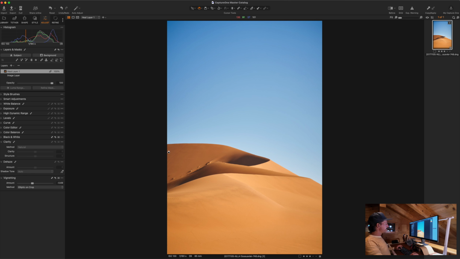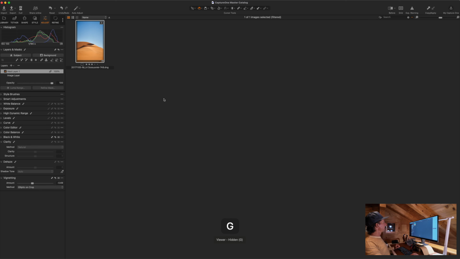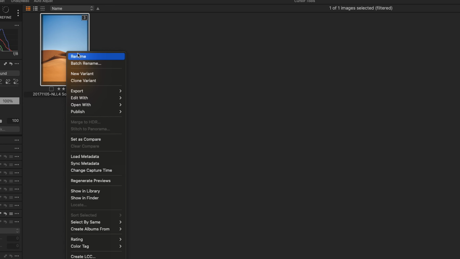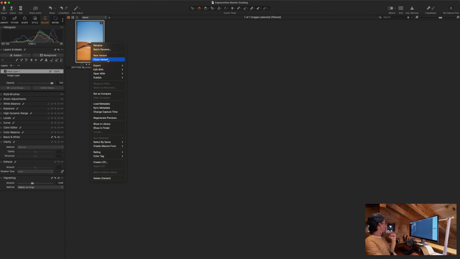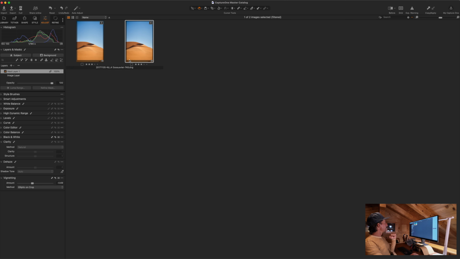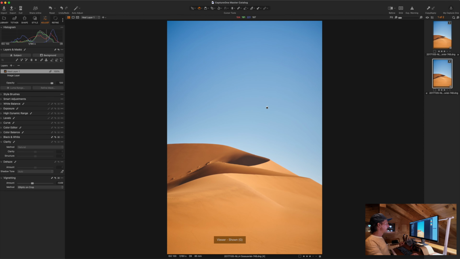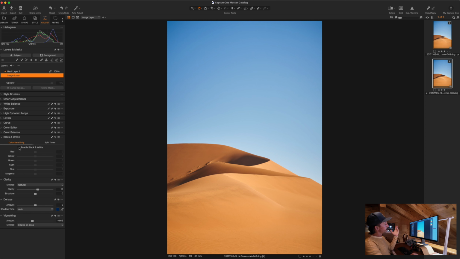Okay, so then like I mentioned originally, I actually want to get to my black and white edit here. So I'm going to press G to go back, and then I'm going to create a new variant. No, sorry, I'm going to clone the variant so that it keeps the edits, because that's where I want to continue from. So I'm going to clone the variant, then I'm going to double click on it or press G, and now I am going down to the base layer, in Capture One. So again, like in Lightroom, two ways. You can choose to convert it to black and white via the black and white module, or you can go to